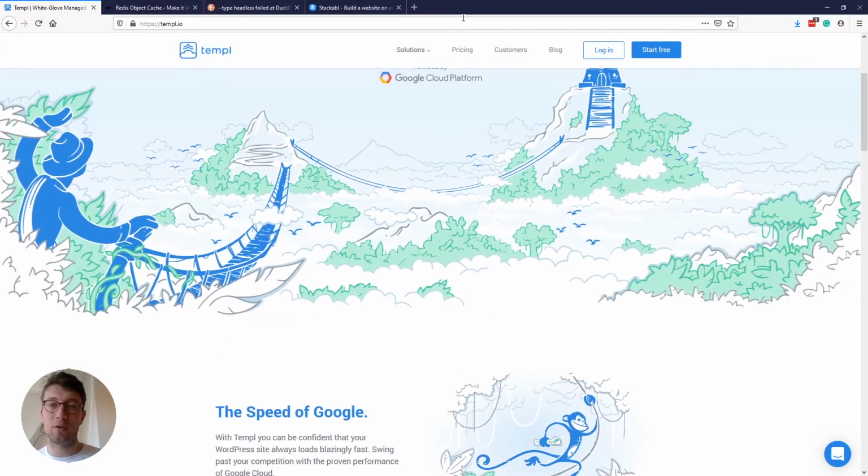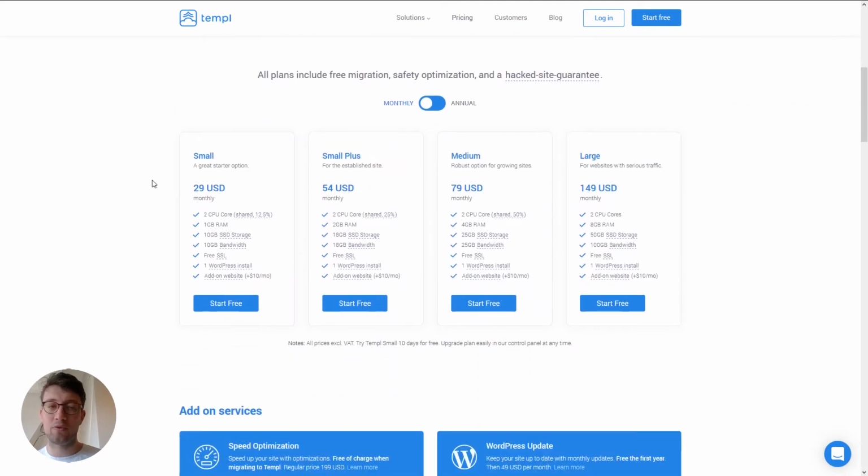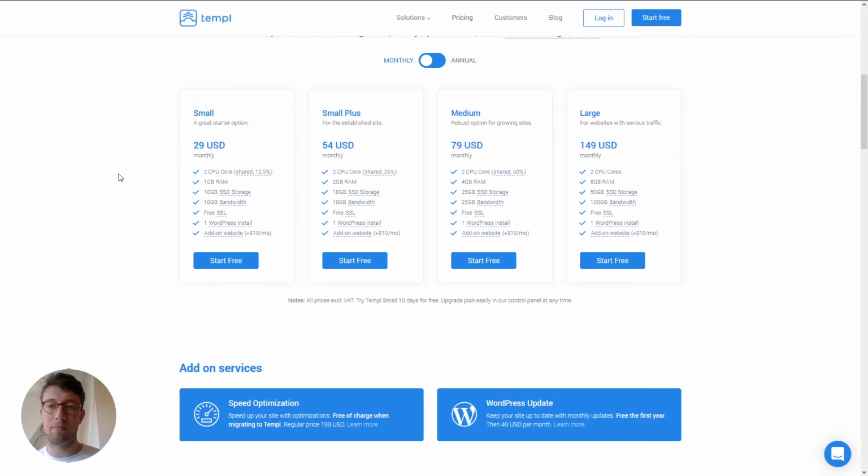So just a quick view at the pricing model. If you scroll down, you see that they have 4 main subscriptions, which range from smaller plans with less space to store your files and photos and website, and less bandwidth, which is basically the amount of views you can have, depending on how big your website is, to also the CPU and RAM, which indicates the performance of your websites and how many visitors a website can handle. And you see it ranges from small, starting at $29 monthly, to the large website with much more storage